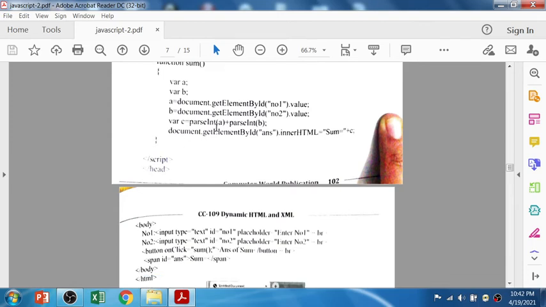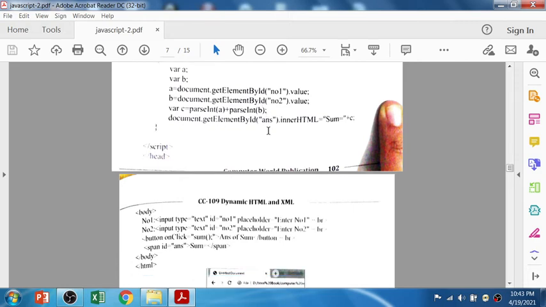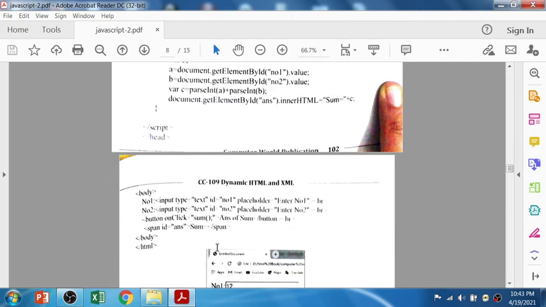So document dot getElementById, you want to display the answer, right? And innerHTML, dot innerHTML, because you want to display your result in a particular HTML element. Let's see which element that is.